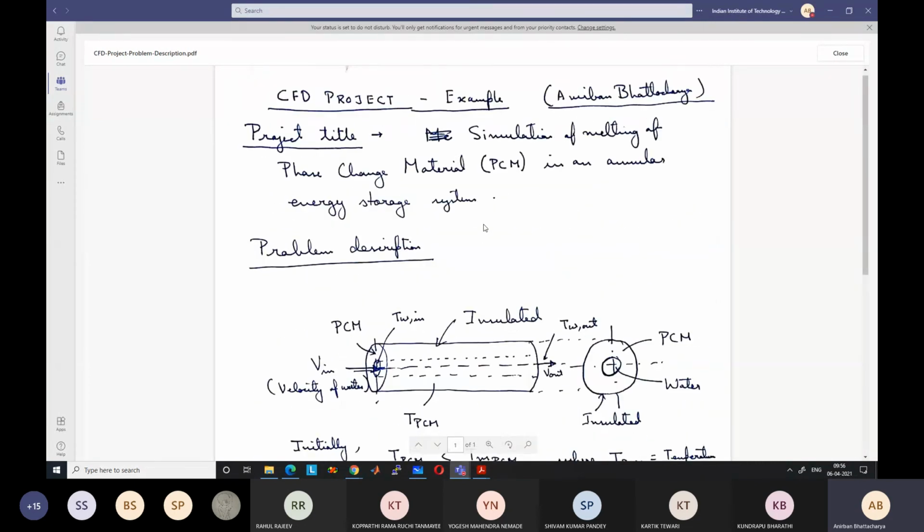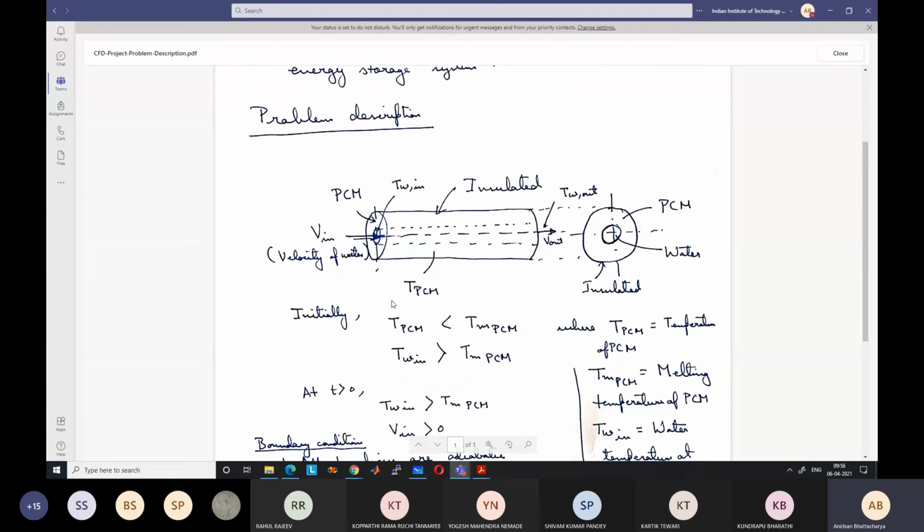After the project title, you give what your domain is. It can be a complicated problem which you are trying to solve using some software, or a very simple problem which you are trying to solve using your own code. Both are fine. Don't think that one will carry more marks or anything like that. It is how good your efforts are that will carry the marks.